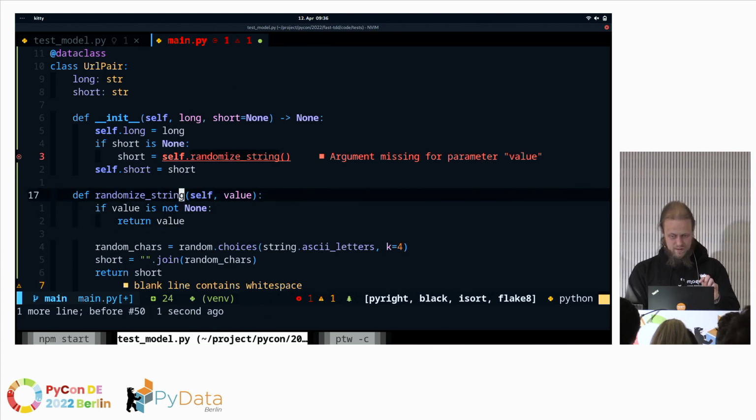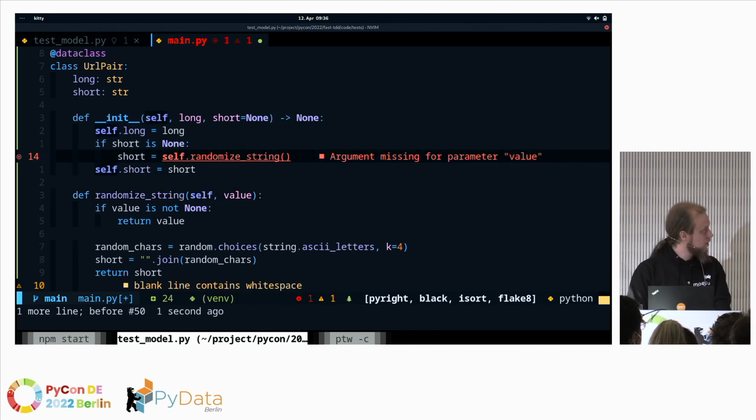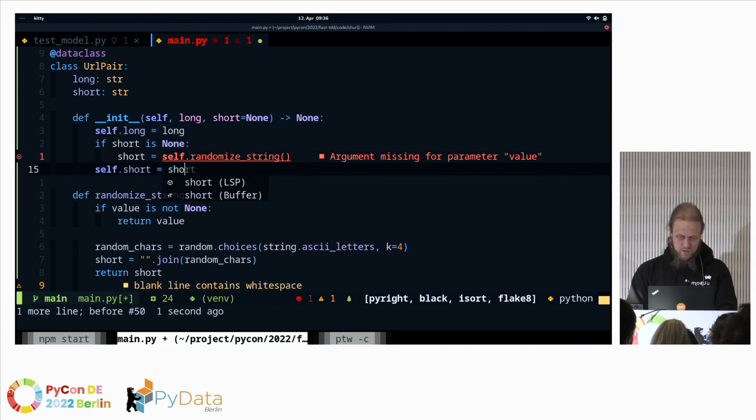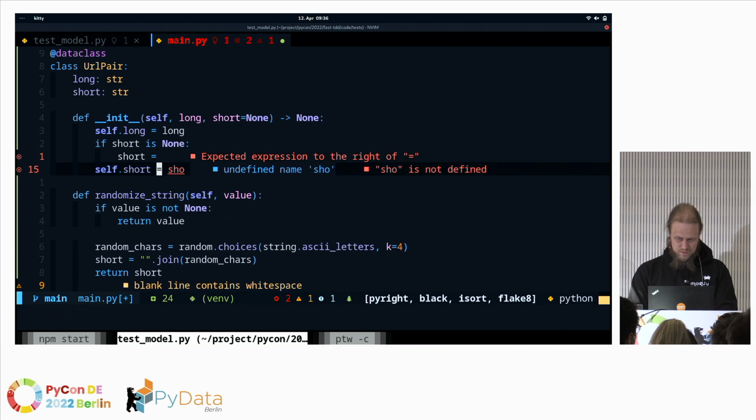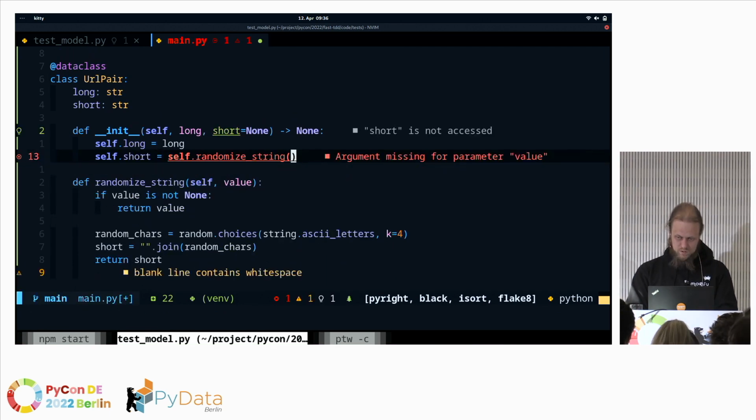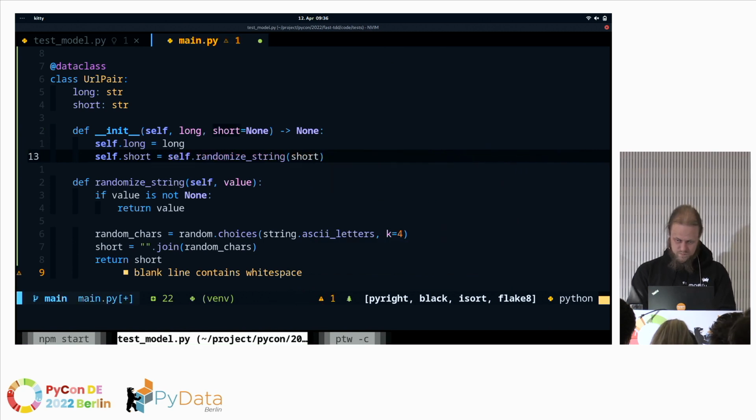Why am I doing it like this? I don't like to have a lot of indented code. It's a thing I don't like, and I think it's a good thing not to do it. What we are doing now is putting this in. It will be a little bit more cleaned up soon. We have to put the short value here. So